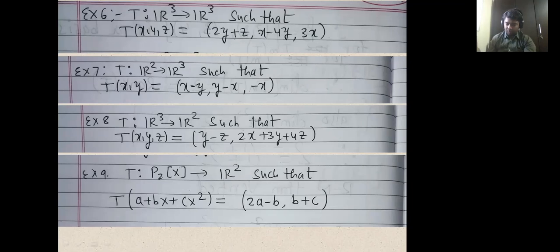Okay, so the next, exercise number 9, is from polynomials to R2. So for the kernel, you find out the nullity. I'll help you in finding only the rank. Nullity is very easy here, you check what the nullity is. So to find the rank of this linear transformation, exercise 9,